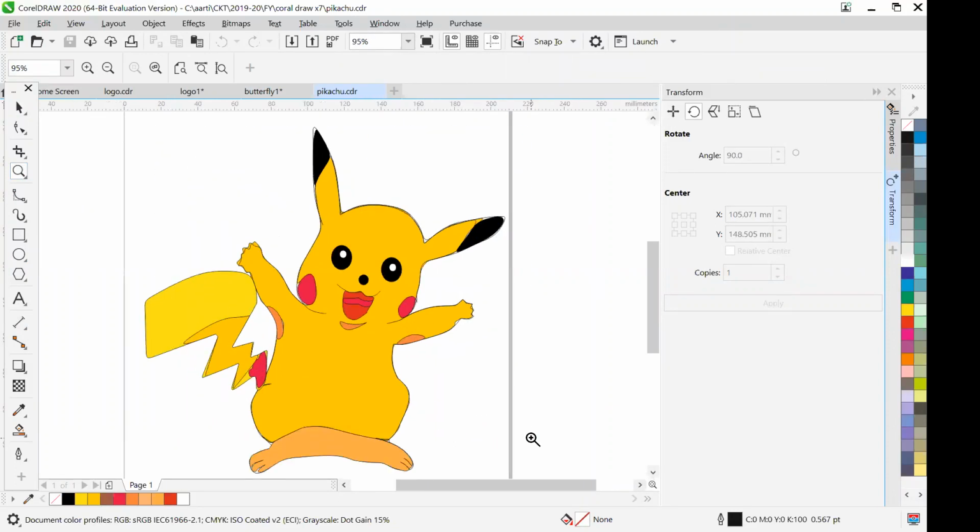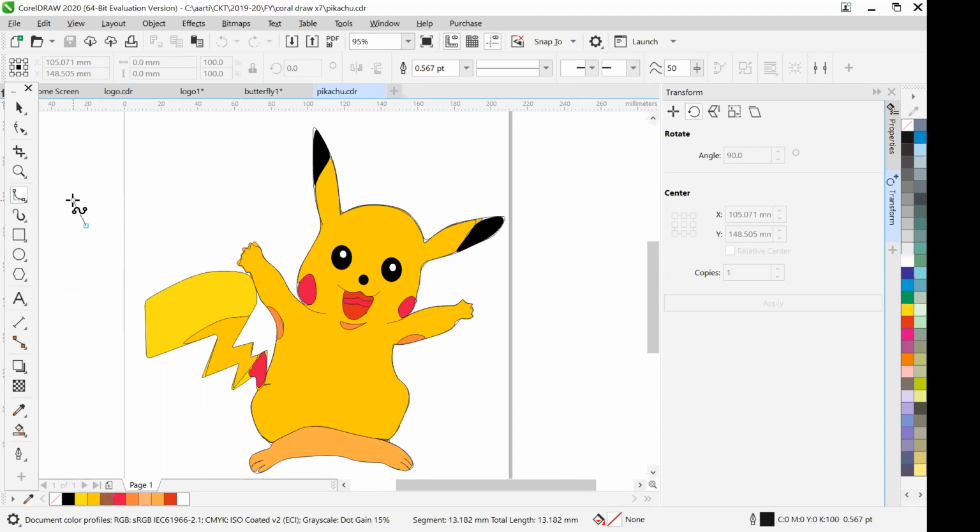How can you draw this Pikachu? For drawing this whole Pikachu, you are simply going to require, I'm telling you what you're going to require, this. Okay, you are simply going to require this B-spline curve. That's it. And with the help of that, how we used to draw it with the pencil, you can draw it.